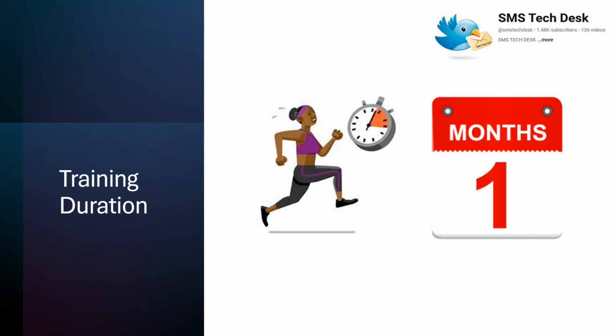This VxRail hands-on training is designed to be completed over the course of 1 month, giving you the perfect balance between learning and practice. Each week, we'll focus on a specific phase, from initial planning and deployment to advanced configuration, monitoring, and daily operations. By the end of this month, you'll gain the confidence and hands-on experience needed to manage a real VxRail environment, whether it's in your lab or your production data center.